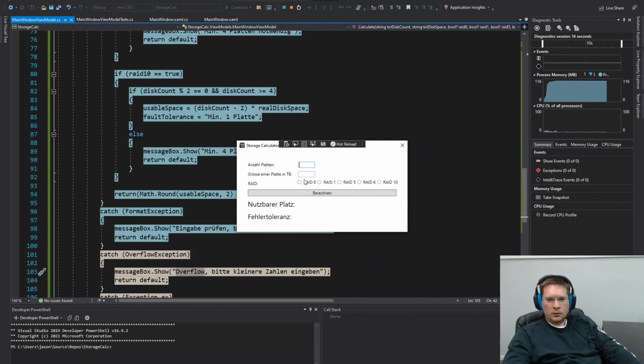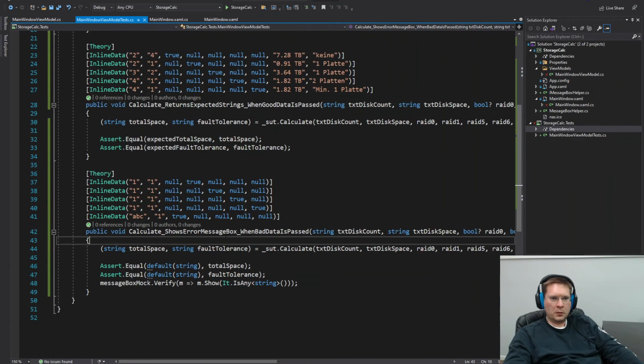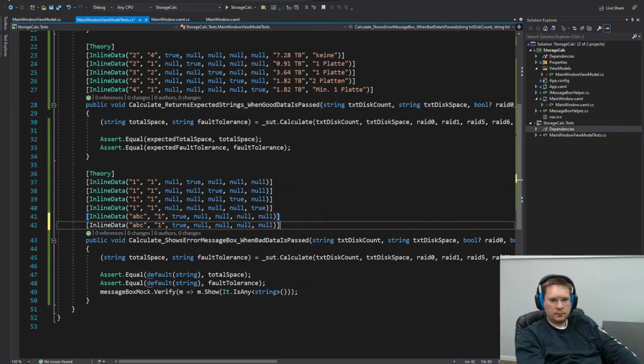So let's do RAID 0 with 1, 2, 3, 4, 5, 6, 7, 8, 9, 10, 11, 12 digits, all nines. Okay, there we go. So 12 nines is going to give us the overflow. And I think we will have hit that use case then as well. So let's go ahead and make a test for that. And so along with our ABC,